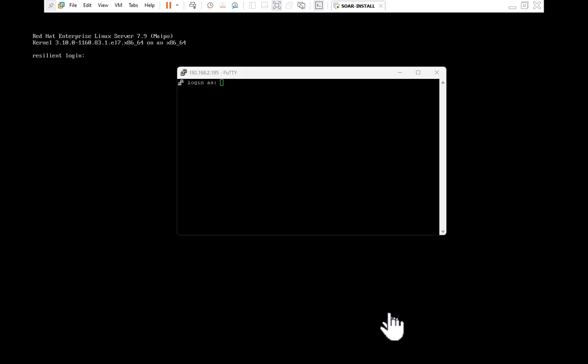All right, so the system is back up. It is booted and responding to pings. So now we're going to make a connection to it with PuTTY. Coming out of the VMware vSphere client, PuTTY is useful when we get to the step of applying the license. So I'm going to start here by logging out as the Res admin user